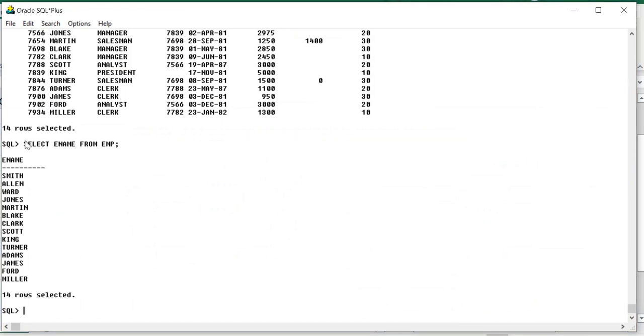Whenever we execute any query, see here, select ename from emp, first the from clause will execute. The duty of the from clause is to go to the database and search for the table we have mentioned in our query. In the from clause we pass an argument, which is nothing but the table name.